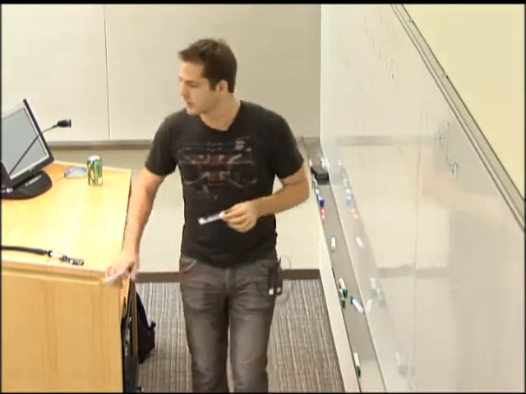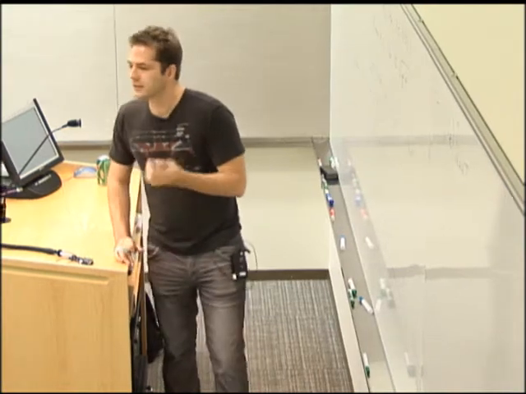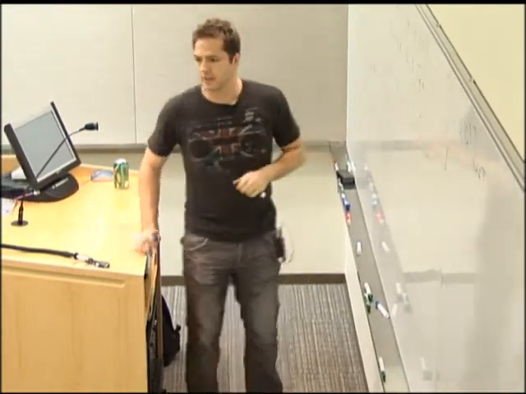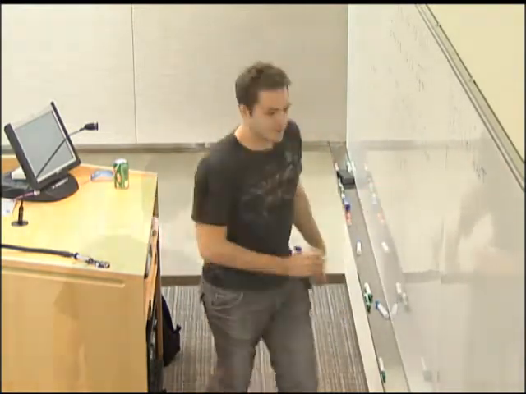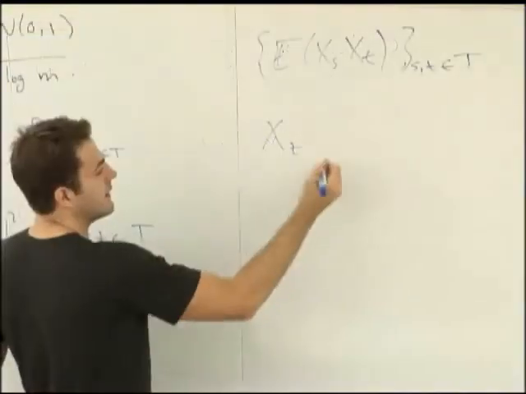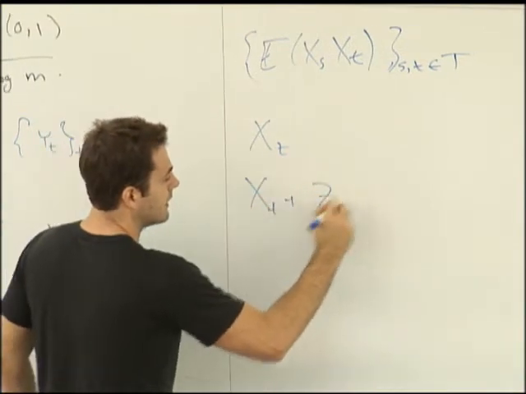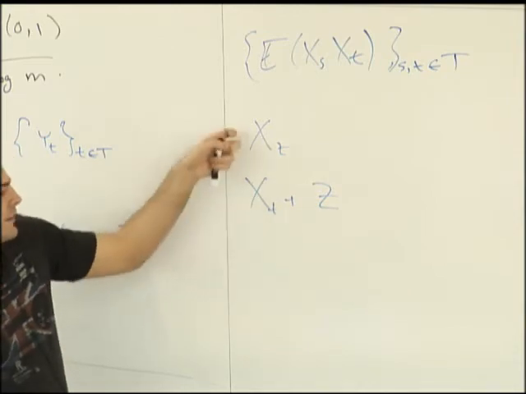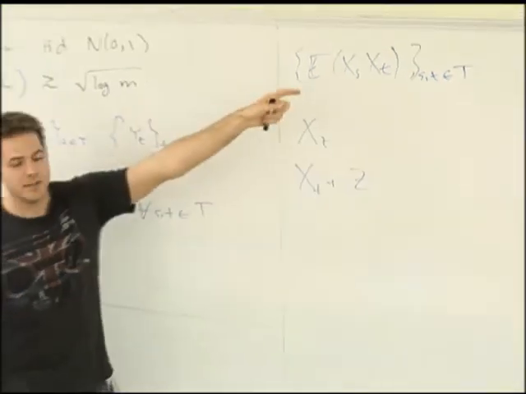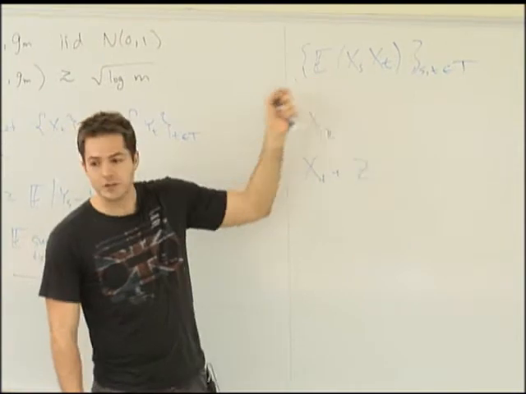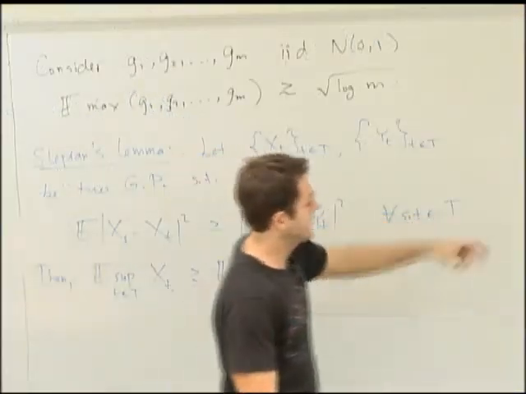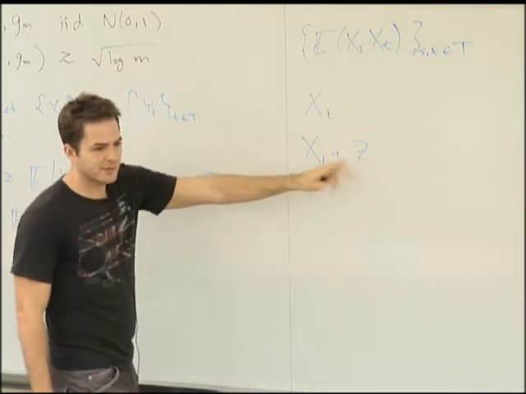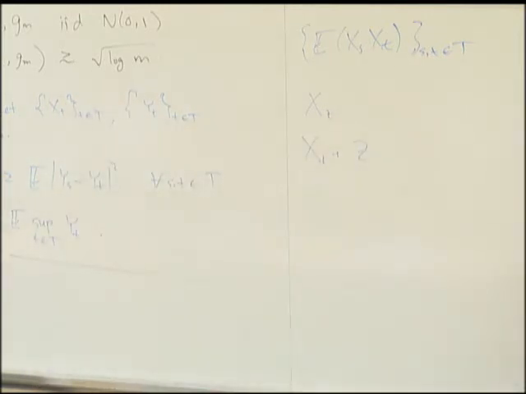So they're determined up to a mean zero Gaussian. In other words, if I look at the process xt or the process xt plus z, where z is a mean zero Gaussian, these two processes have the same distances, even though they'll have different covariances. But this actually won't affect the expected supremum because the expected value of z is 0.